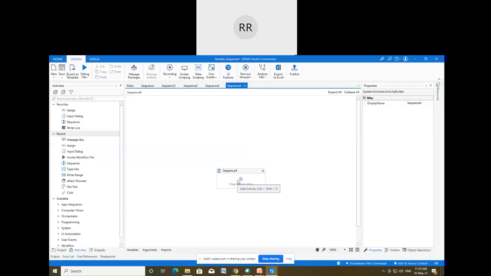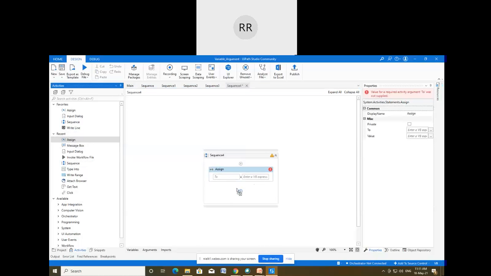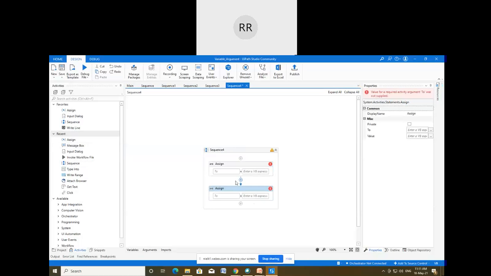So now, starting with the example, I'm going to create two different Assign activities here. In these two Assign activities, I will create two different arguments. The first will be the in argument, and the second will be the out argument.